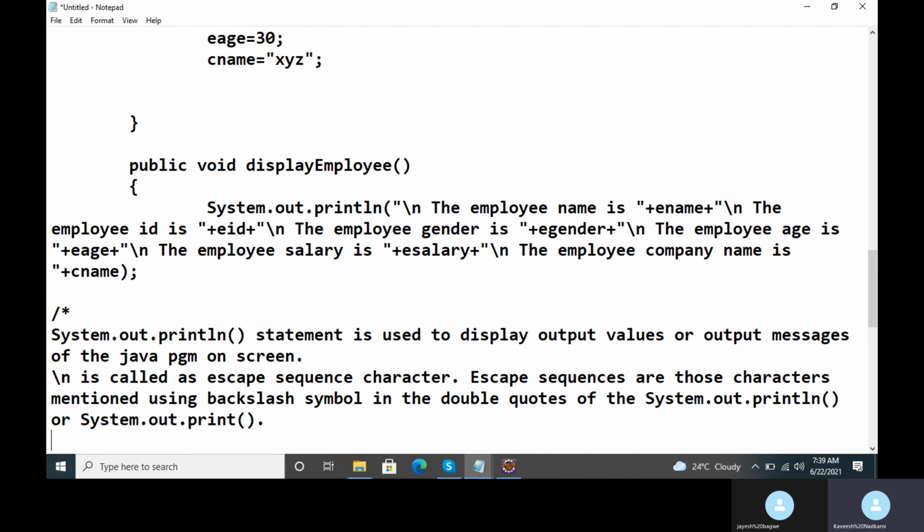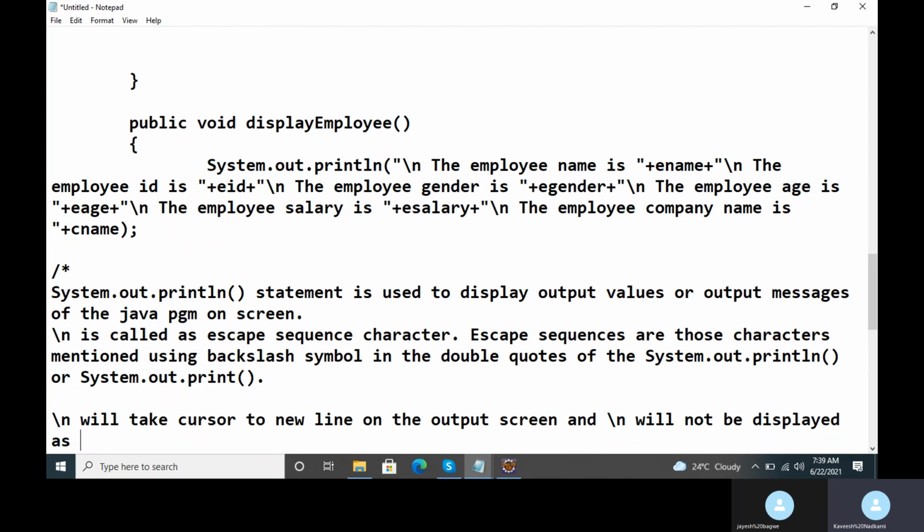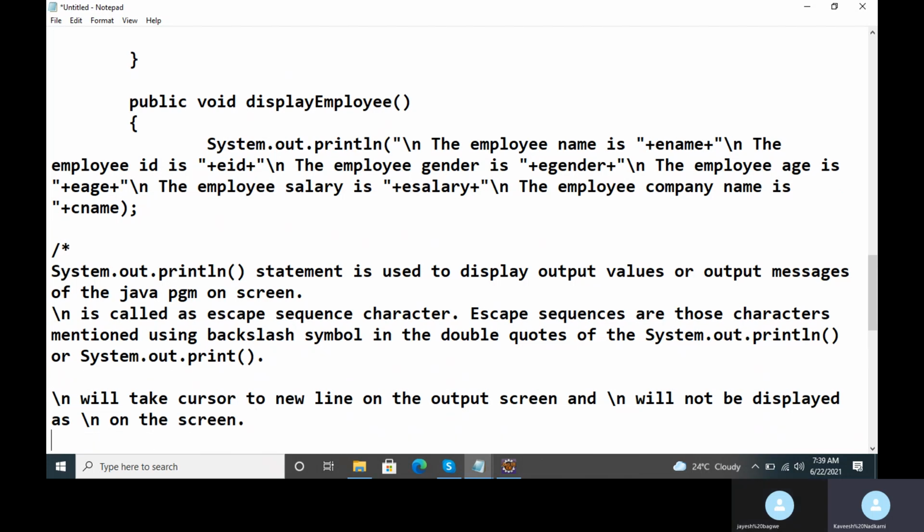So this \n will take the cursor to the new line on the output screen. And \n will obviously not be displayed as \n on the screen. It will take the cursor to the new line. Clear, Jayesh?